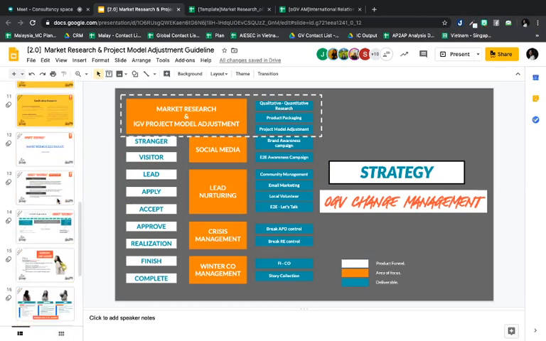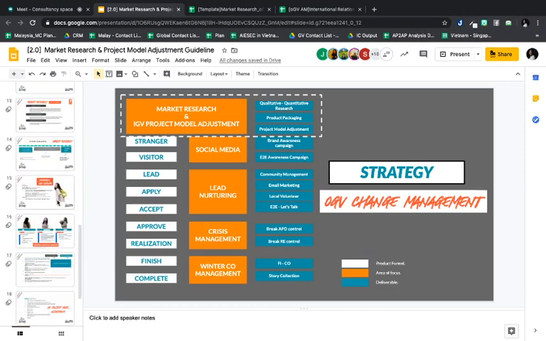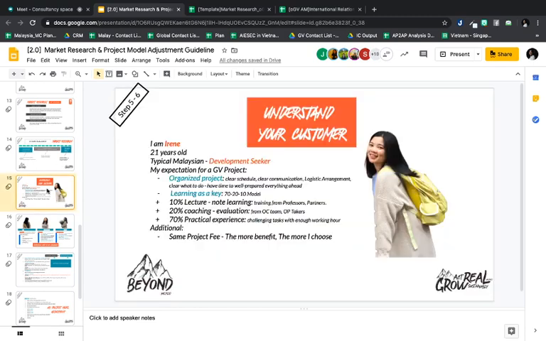project model adjustment. First of all, just to introduce my background: I joined AIESEC in 2015, and I have been VP OGV, VP iGV, VP PD for iGV, MCVP iGV, and also MCB OGV now. So basically, this is the initiative that I got from my experience of working between OGV and iGV. I will start this guidance with understanding your customer.